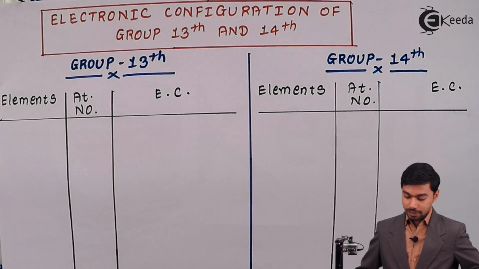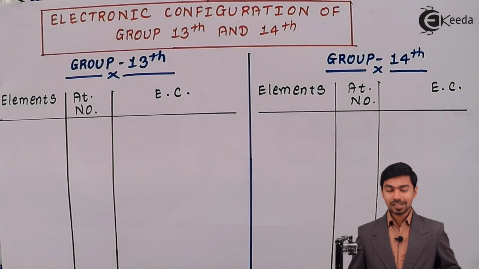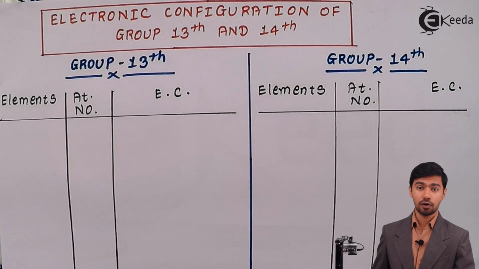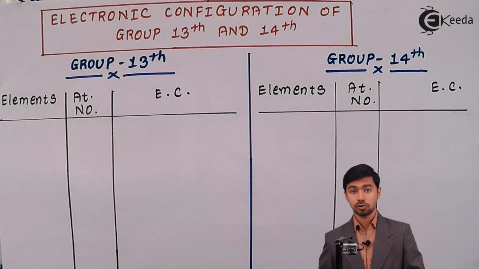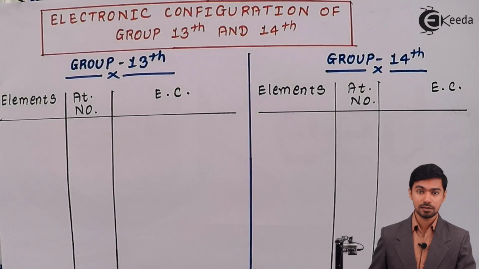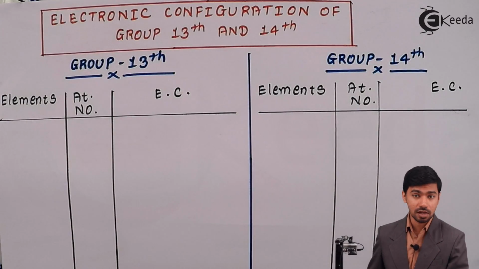Hello everyone. Now let us move towards the electronic configurations of p block. As we have discussed, in case of p block there are 6 groups, starting from group number 13 to group number 18. But out of those 6 groups, the entire p block we are not going to study in 11 syllabus. In case of 11 syllabus, out of the 6, only 2 groups are there,